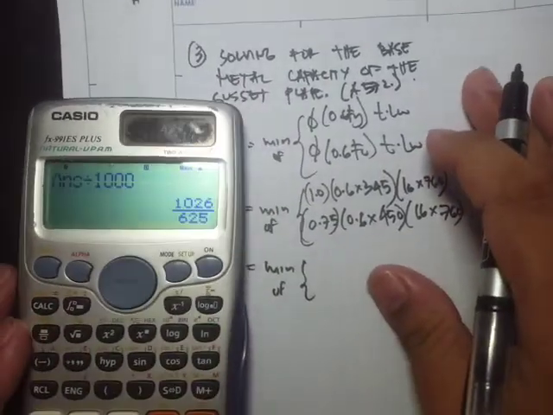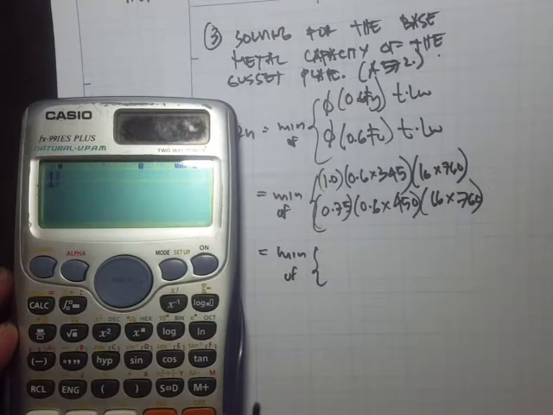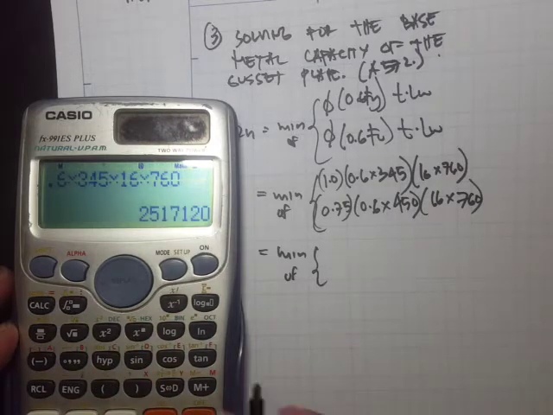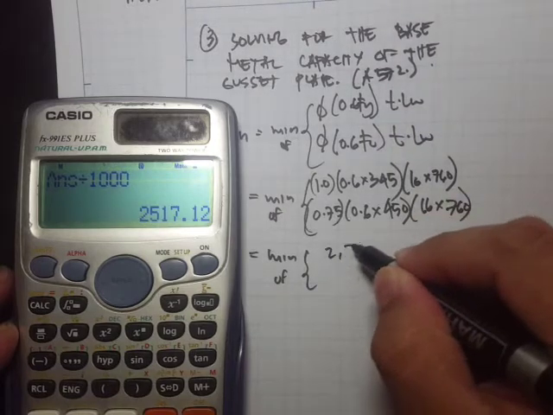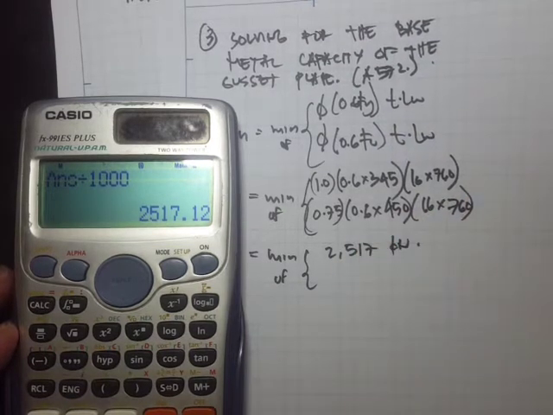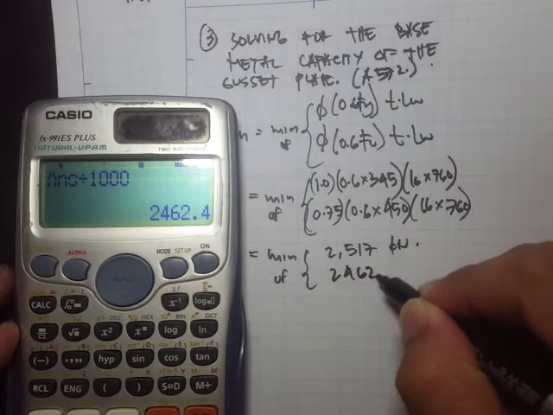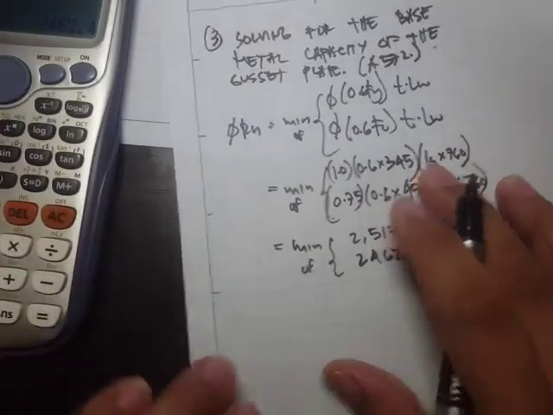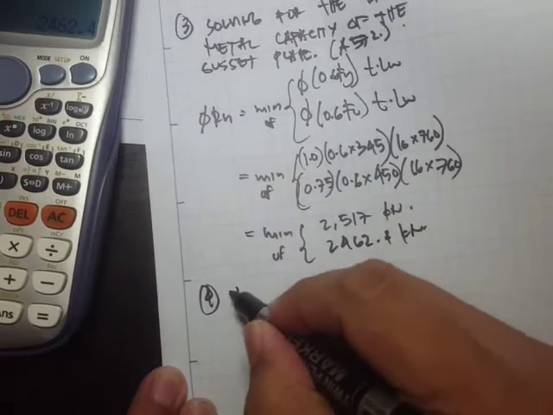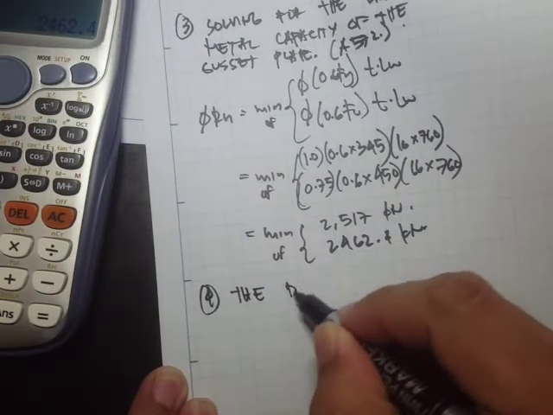Okay, so if we do the calculation, 0.6 times 345 times 16 times 760 divided by 1000, then we get 2517 kilonewton. And the other one, 0.6 times 450 times 16 times 760, so we get 2462.4 kilonewton. So therefore the design capacity